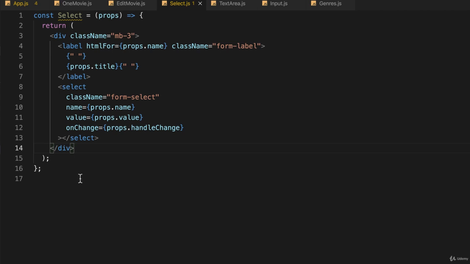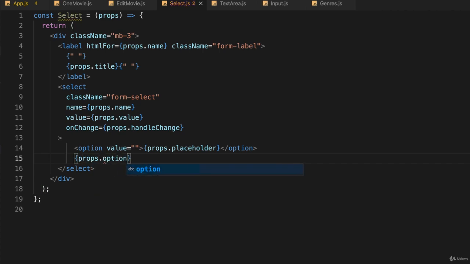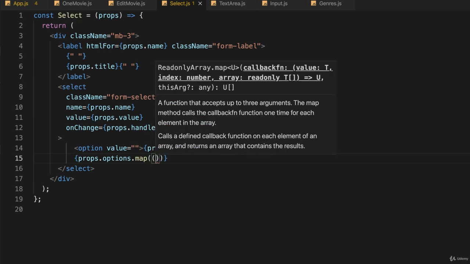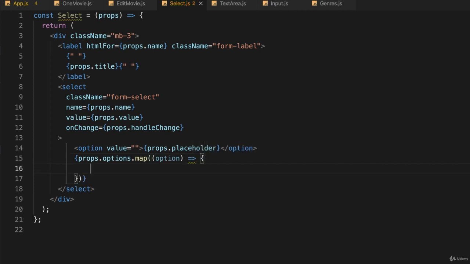Okay, so let's format that just to get it a little cleaner. And inside of our select, of course, we want to have our options. So first of all, we'll put a default option in there. Option value equals nothing. And we'll put in a props.placeholder. And then I'm going to assume we're going to be passing something we can use the map function on. So props.options, that's what I'll call it, and then we'll call map. And we'll call each individual entry option and use an arrow function, just like we did in the many other cases. And we'll return